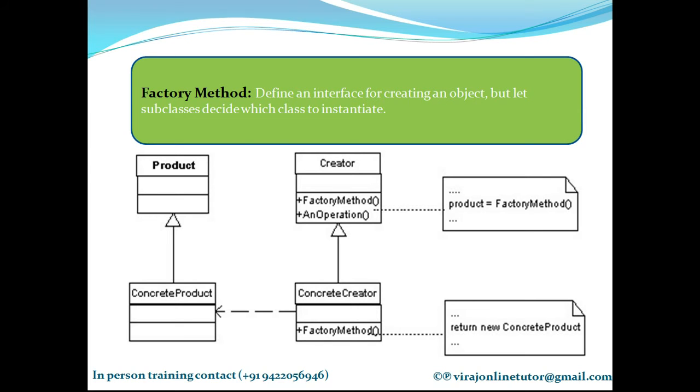So today I'll be discussing the factory method. Factory method is the first design pattern which belongs to the creational type. As I've discussed in the introductory session, design patterns belong to three different categories. The first category is creational, the second is structural, and the third is behavioral. The creational category is just dealing with the creation of objects. That's it.